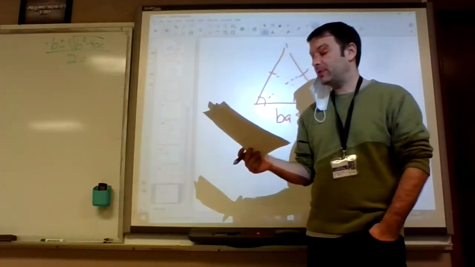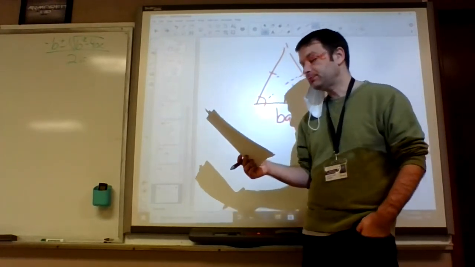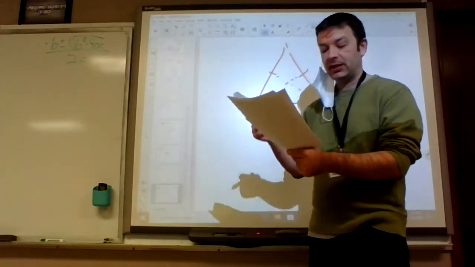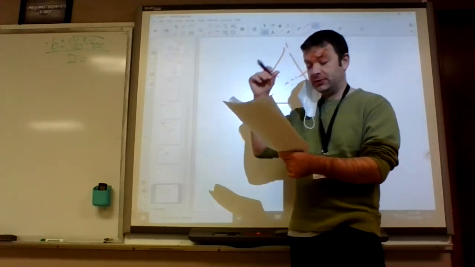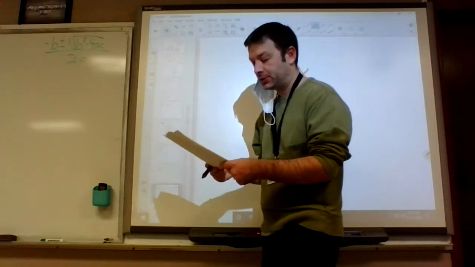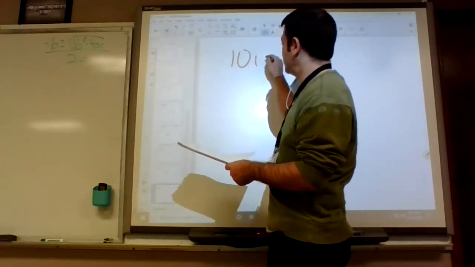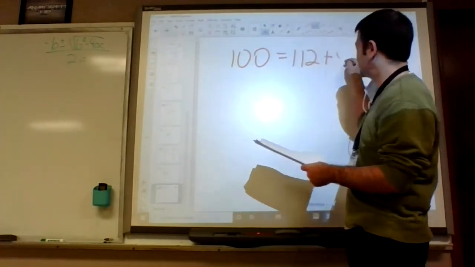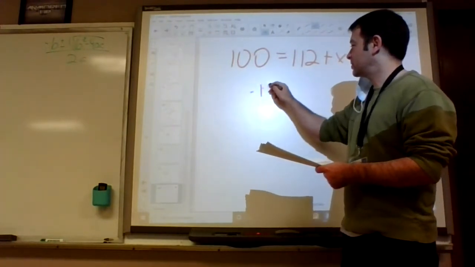For the bottom two, the right two angles, that leaves 70 for x. Okay, number 9, the two base angles are 40. 40 and 40 is 80, that leaves 100 for angle 2. So you're supposed to do 100 equals 112 plus x. Subtract 112, you get x is negative